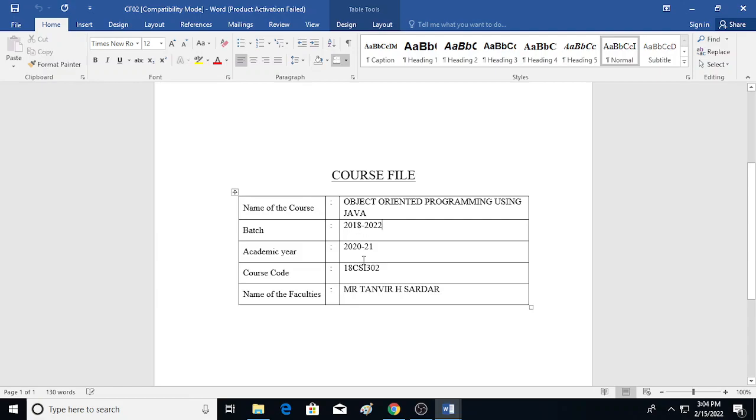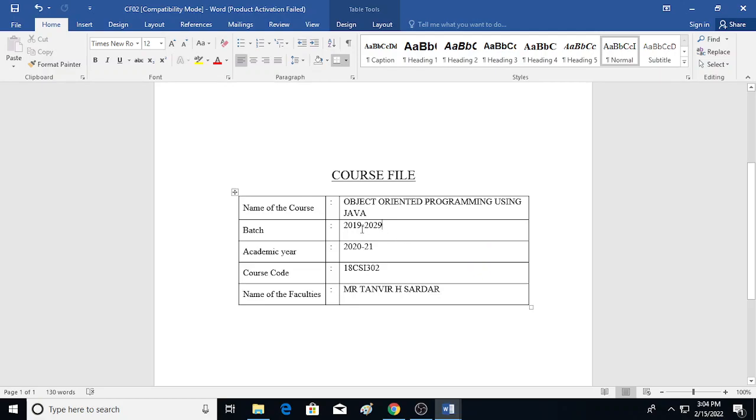As it is the academic year 2020-21, it means the academic year started in August 2020 and will end in 2021. There is a course code, that is the code of the course, and this is the name of the faculty member who has taken the course. So you can change everything according to your requirement.